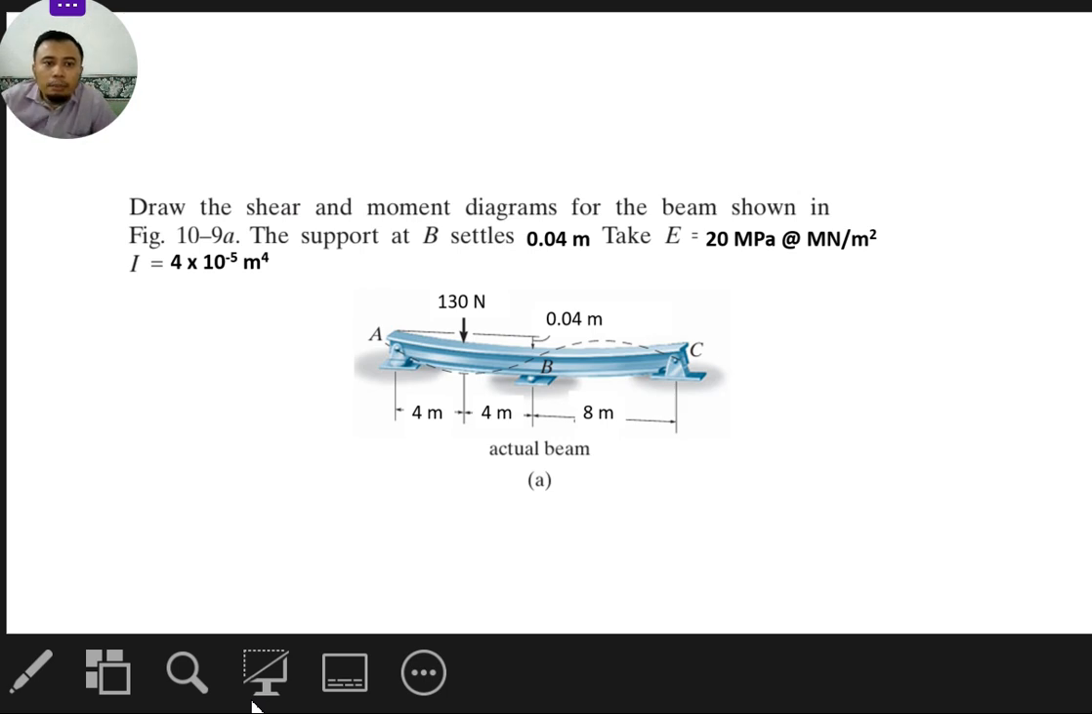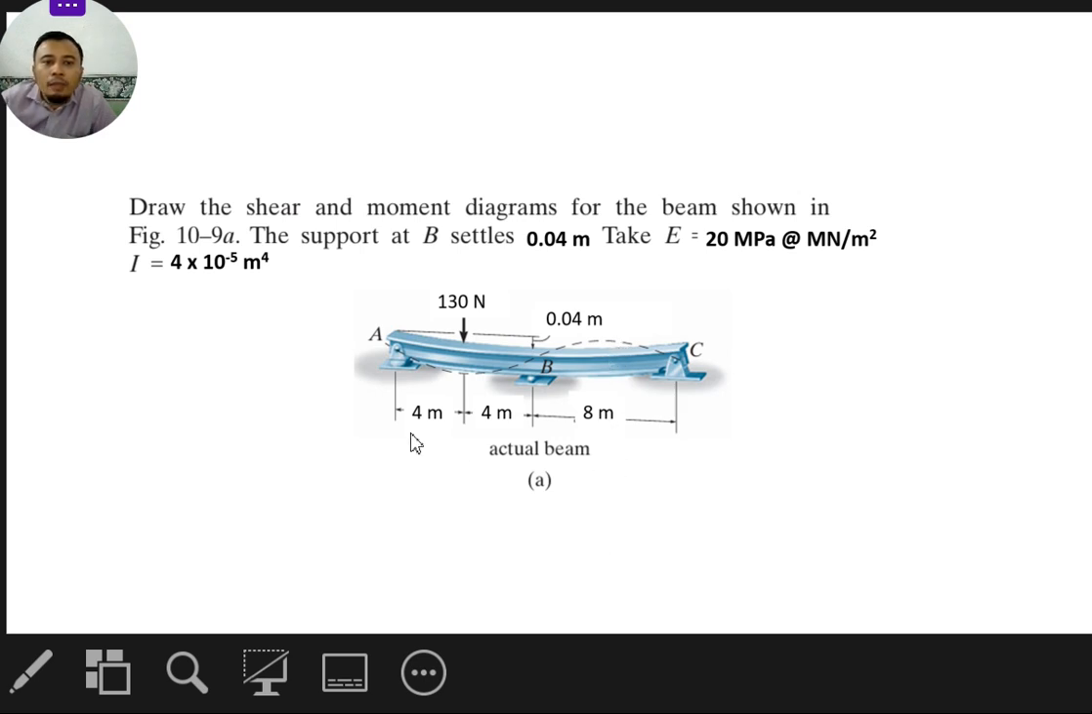So as you can see here, this example is a bit different. There is a settlement, or deflection, a displacement at B, which is 0.04. As you can see here, this is your B. So the force here causes a deformation, a displacement of 0.04 at point B. So this will become your resultant displacement when you are writing your